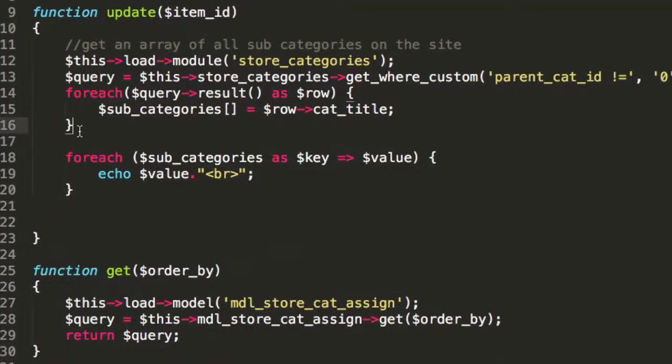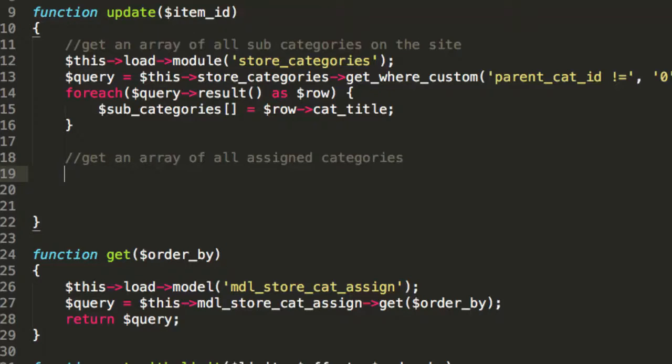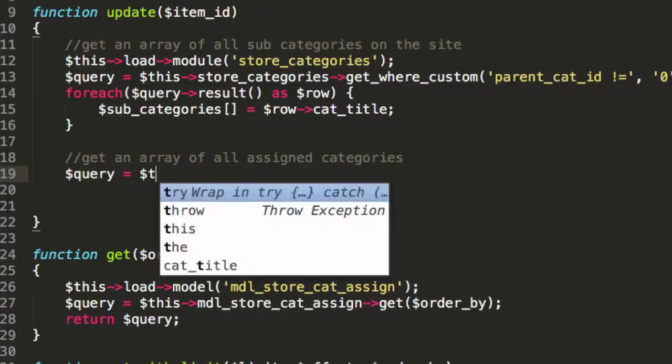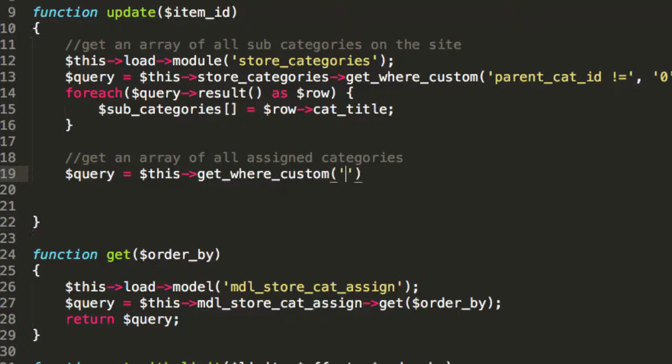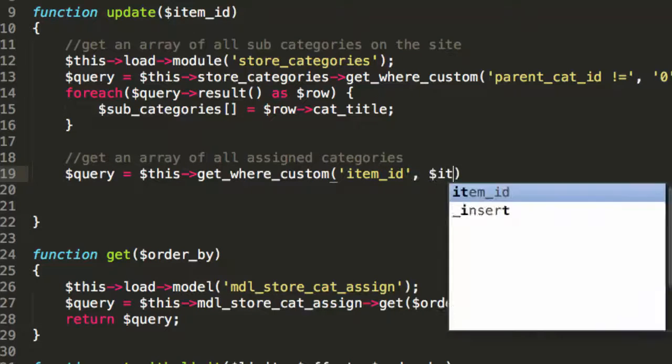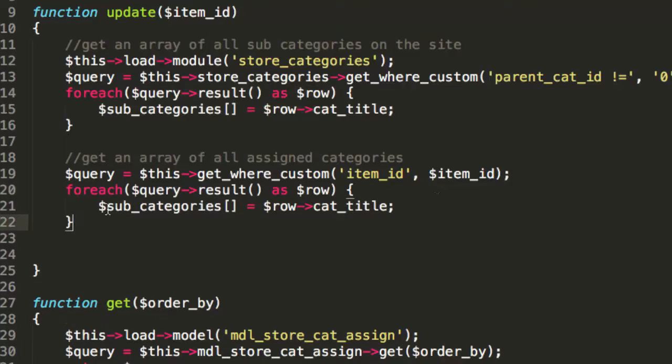The next thing that we're going to do, we won't need this. Next thing that we're going to do is get an array of all assigned categories. To do that, let me just have a think here. Let's do another query, but this query is going to say get where custom, and we're going to say item ID equals item ID. And again, we're just going to use a foreach. We'll save some time here, paste this in, and I'll say assigned categories